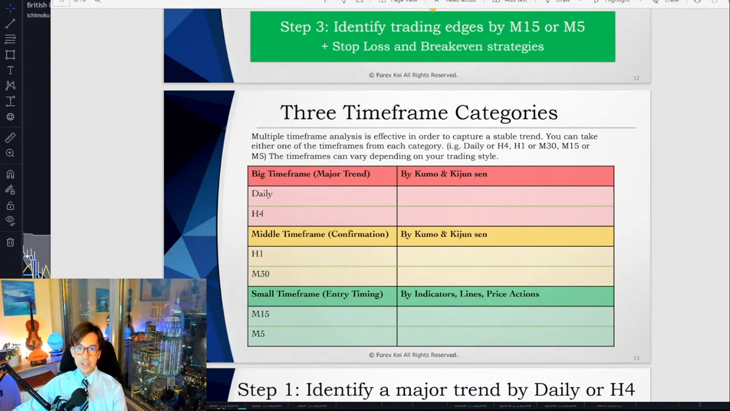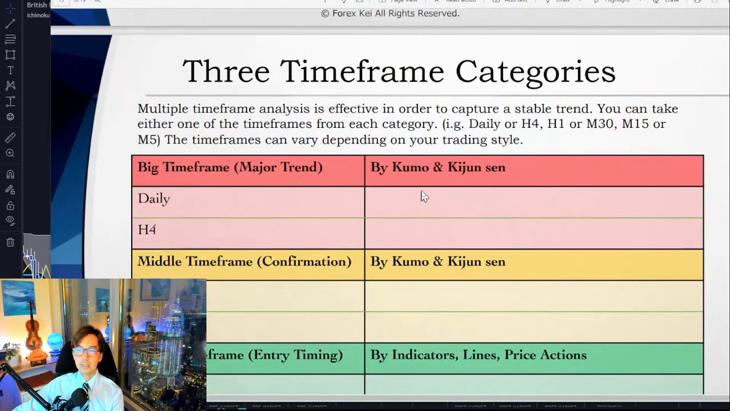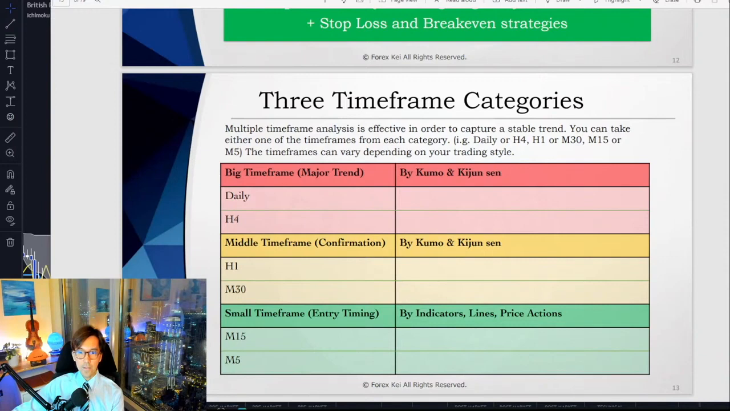Every day when I screen charts, I first watch the daily or the 4-hour chart. Let me enlarge it so that you can see clearly. So this is either daily or 4-hour. Let's say I found the daily chart to be uptrending, but the 4-hour chart goes flat. In that case, I take daily